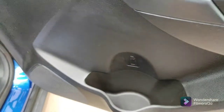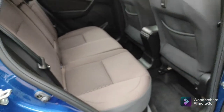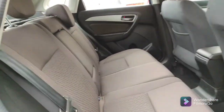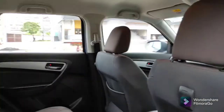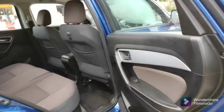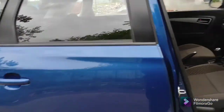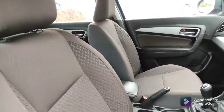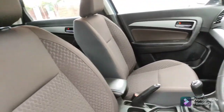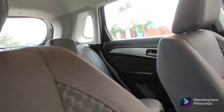Power window button, a 1 liter bottle holder can easily come here, speakers here, and you can see, so it doesn't get a sunroof. That is the major minus point, when the competitors are not just competing in terms of having a sunroof, they are competing in the size of the panoramic sunroof. So I would say that is a slightly